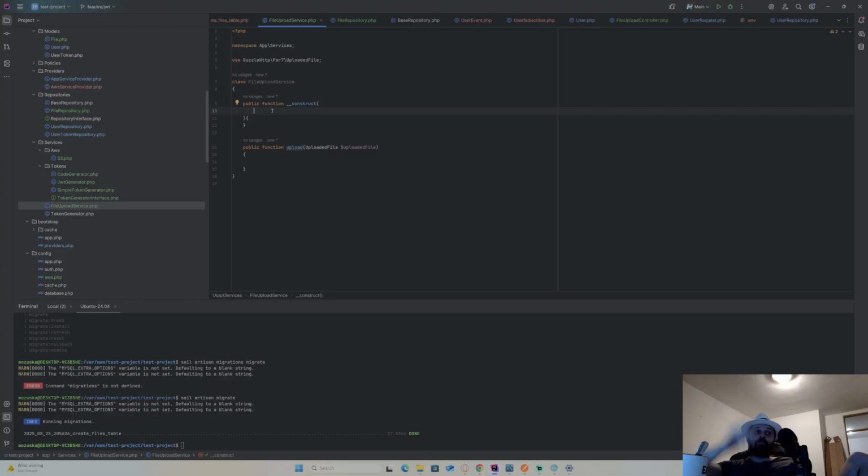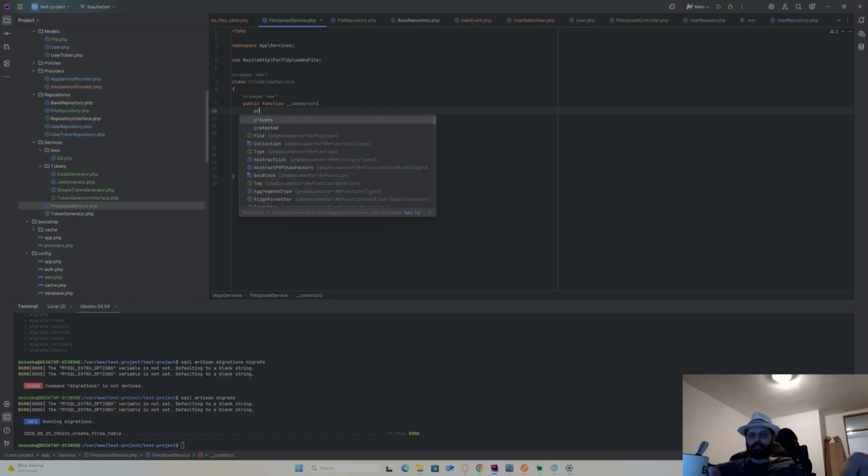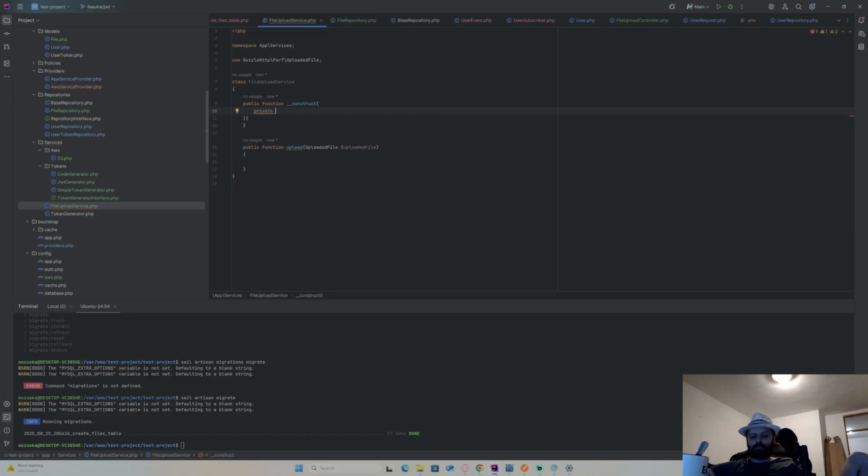It should automatically be like this, right? Because you more likely are going to use parameters, not the body. Maybe there is some setting somewhere, but I don't know. I didn't use it. I will call it file repository here, and I'll upload the file, and I will also need my bucket here. And I didn't add any interfaces for file uploads yet, so I'll just do private s3 here.